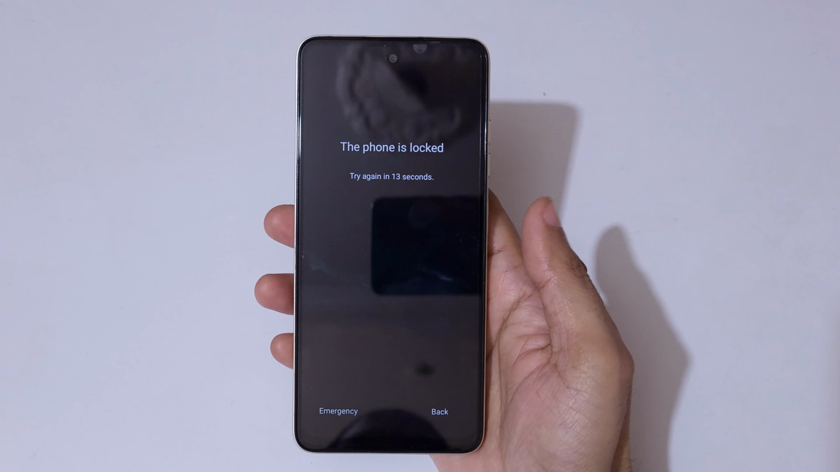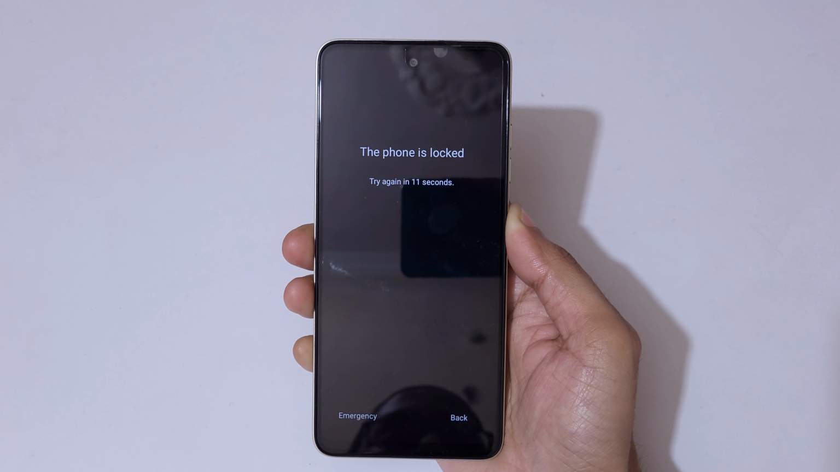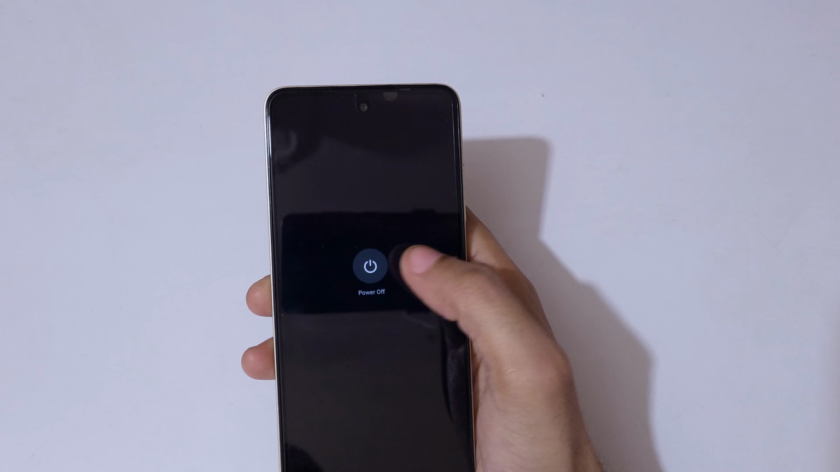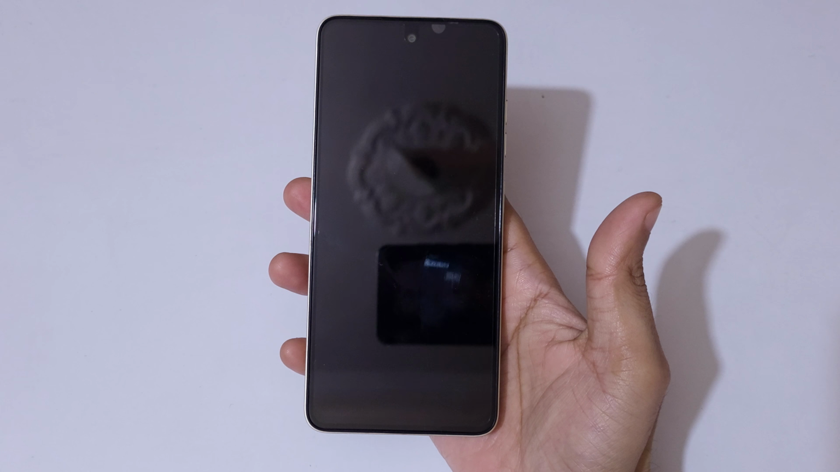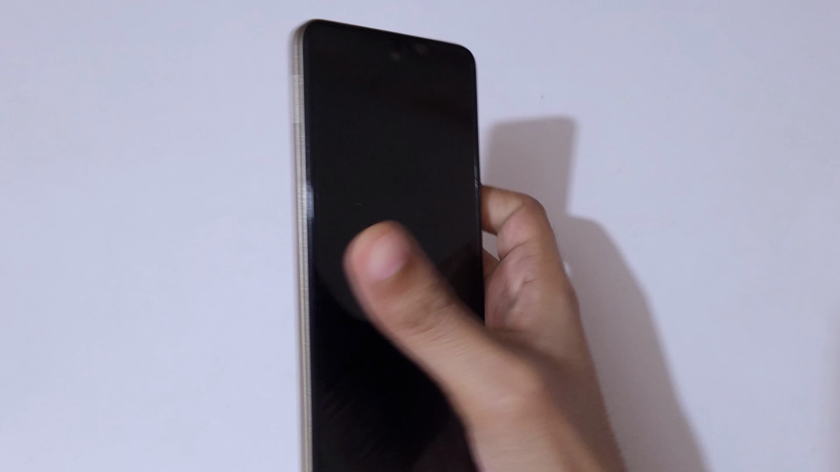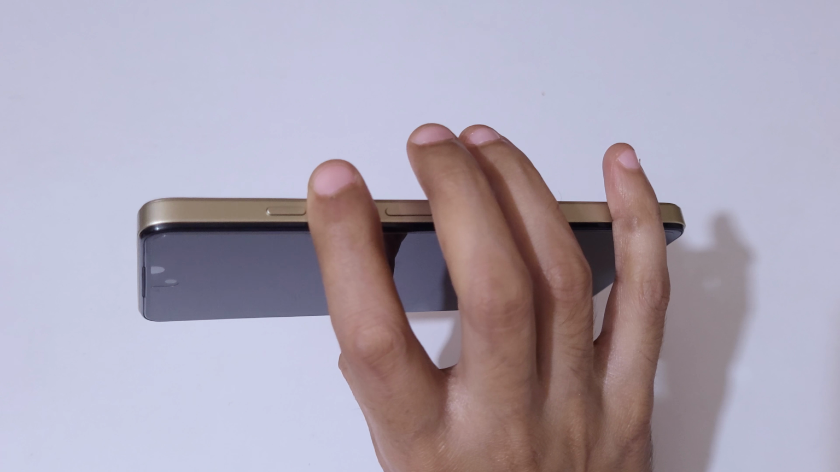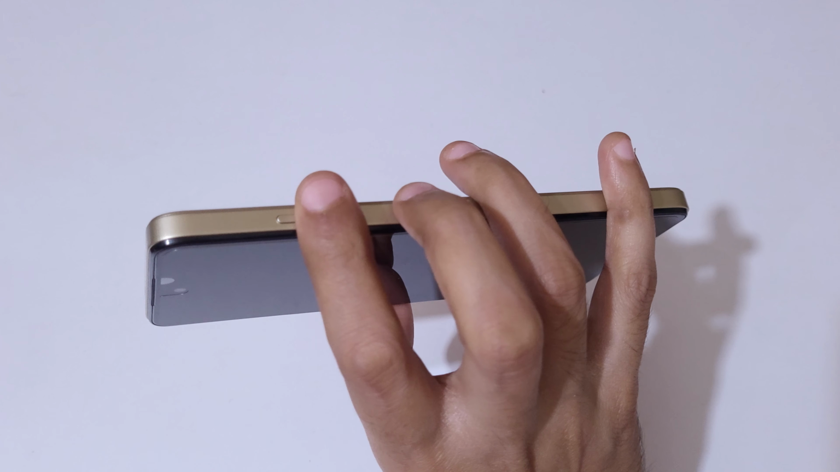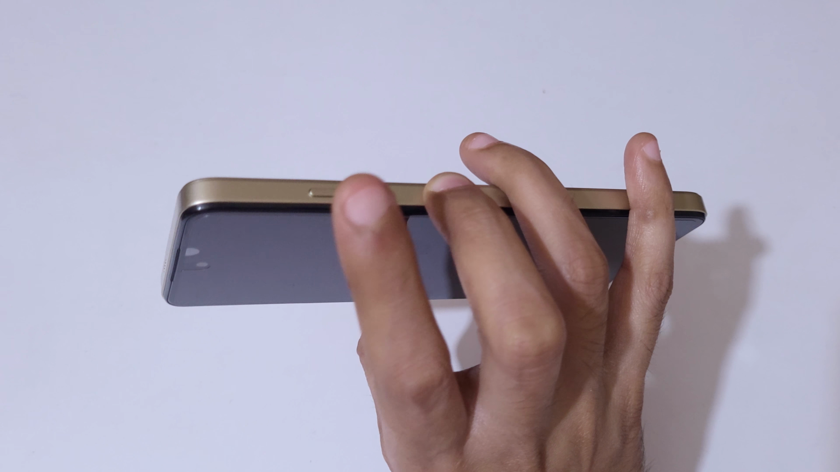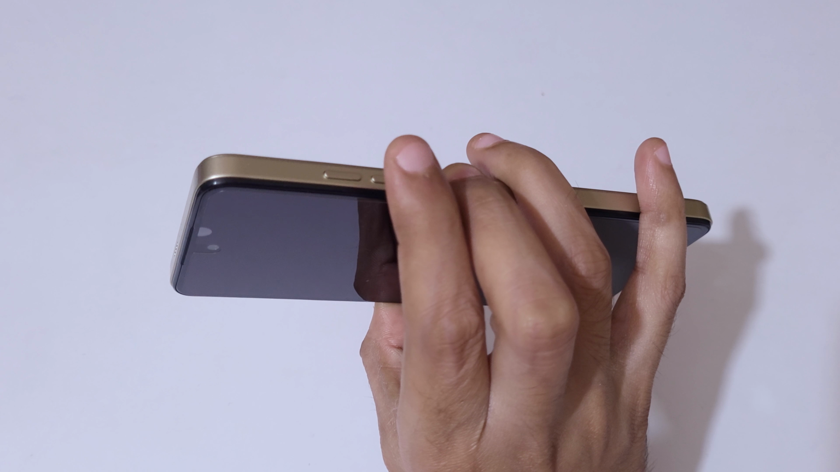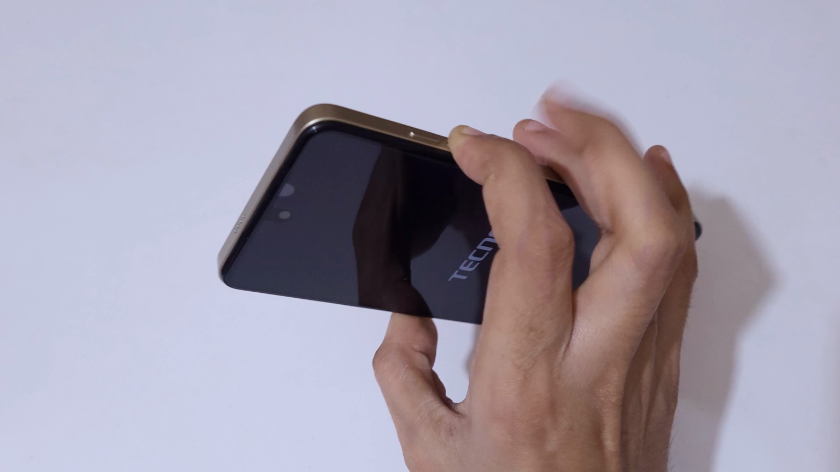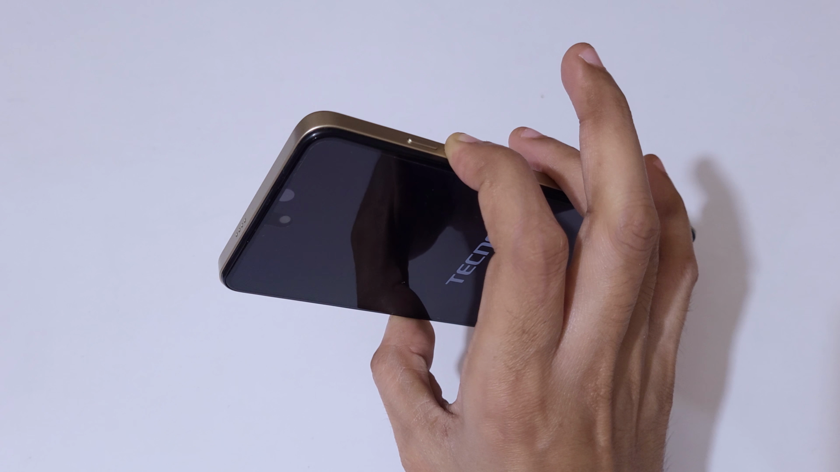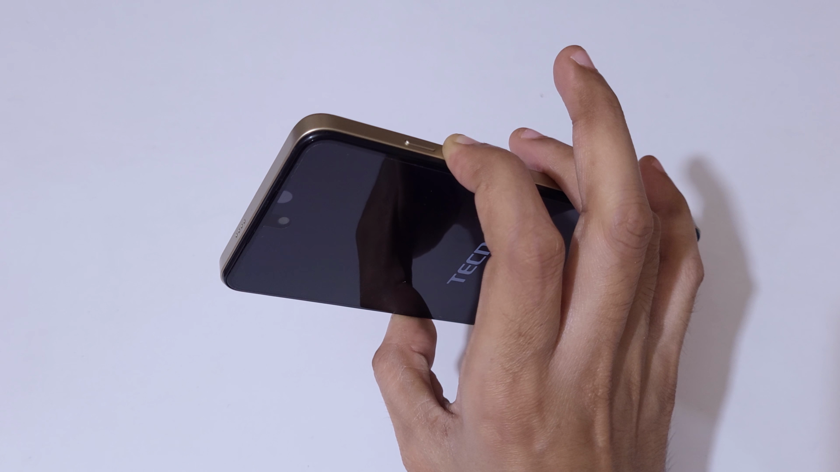For this, first power off your Android phone. Now it is successfully powered off. Now to go into recovery mode, first press and hold the power button for 3 seconds. 1, 2, 3, and now press the volume down key, release the power key, and keep pressing the volume down key,